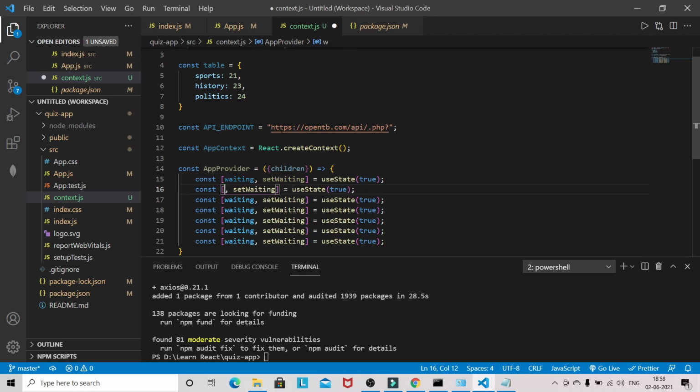Now we will have one state for loading, and this will be false initially. Then we will have another state for questions, and setQuestions, and this will be an empty array.